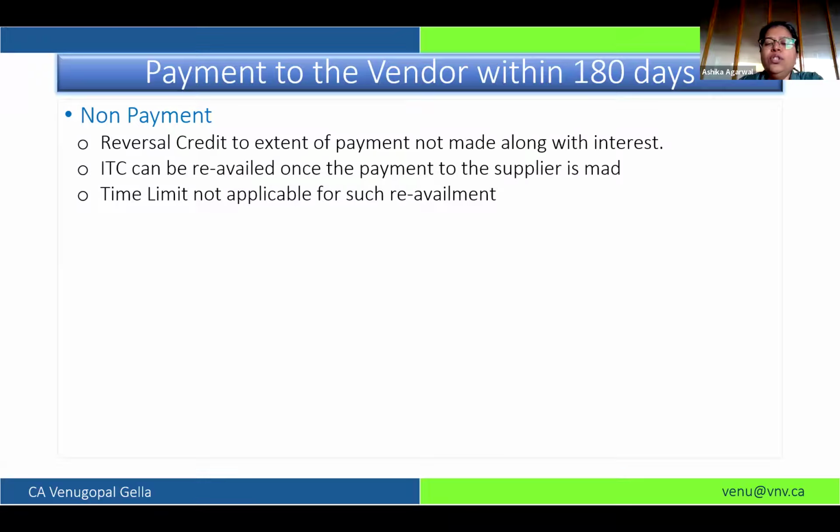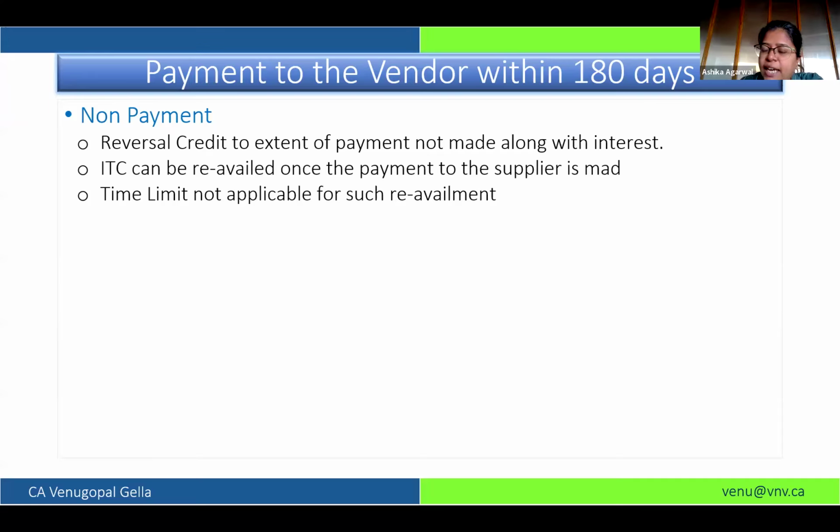But if out of 1 lakh I have paid 40%, meaning 40,000, then to that extent I am eligible. Only 60% of 18,000 I am required to reverse. So only to the extent of non-payment do we have to reverse it.